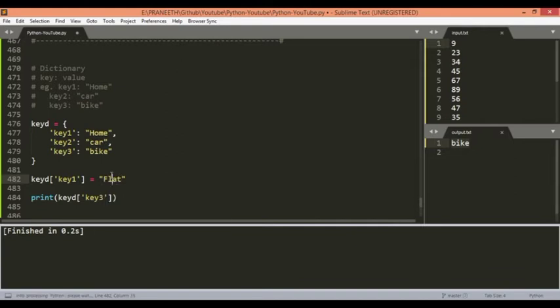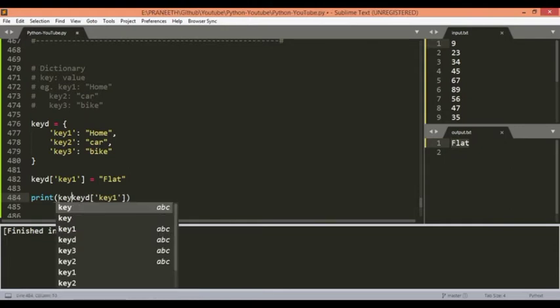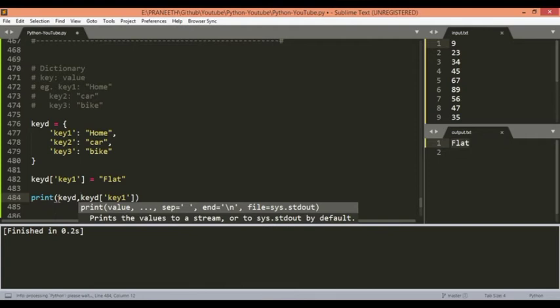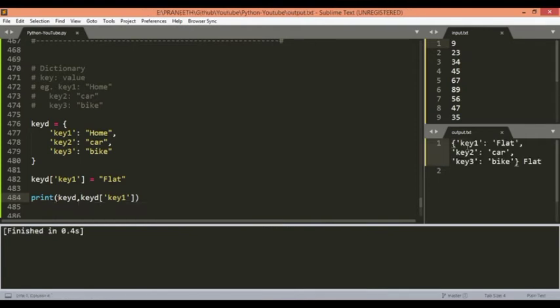Now if we use key 1 and print that, you can see that flat is printed. So let's also print the whole dictionary and then run. So the key 1's value changed into flat and we also accessed the first key's value using square brackets. So we also got flat as the output.